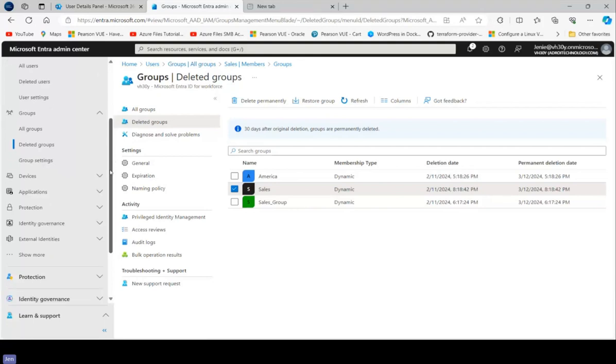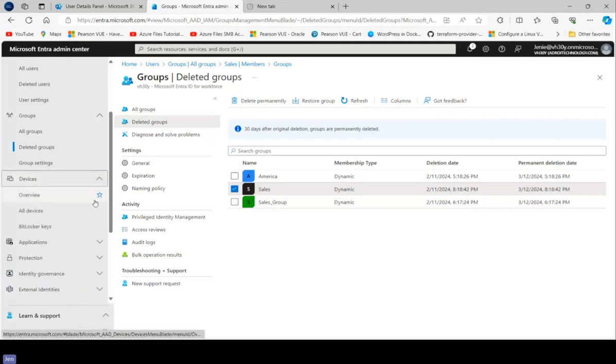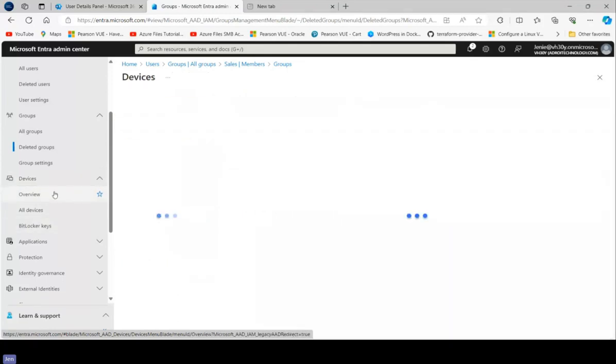You can never overemphasize the use of users and groups within our organization. It's actually very, very needed. Okay, so let's move on to the next part. We have devices: overview, all devices. Okay, so the overview for devices is,